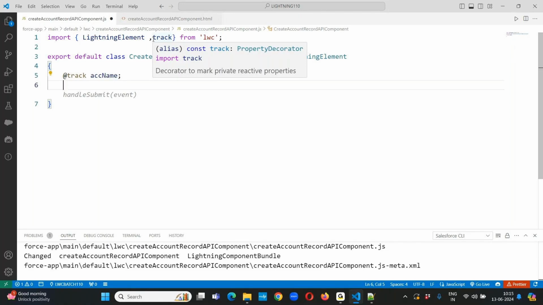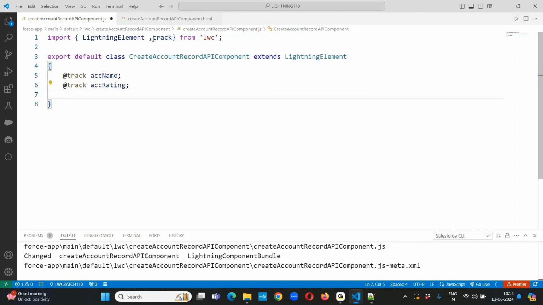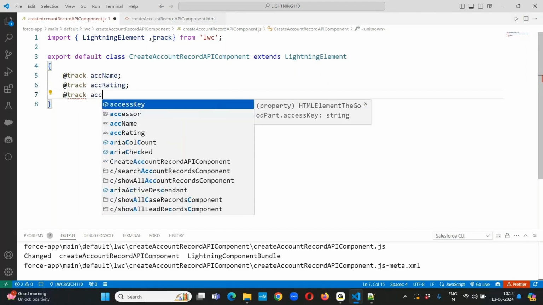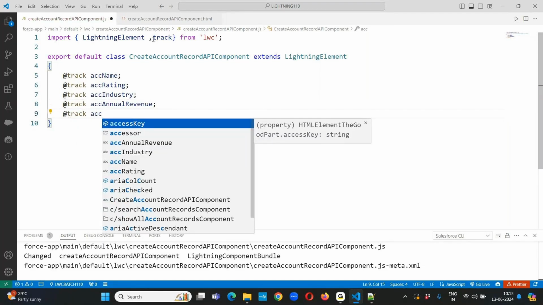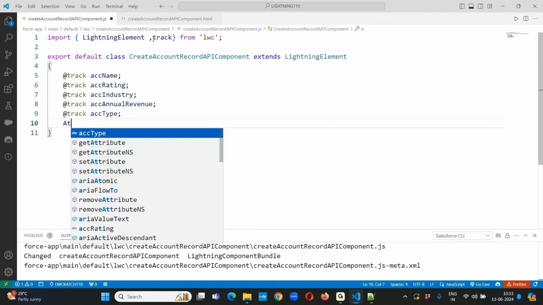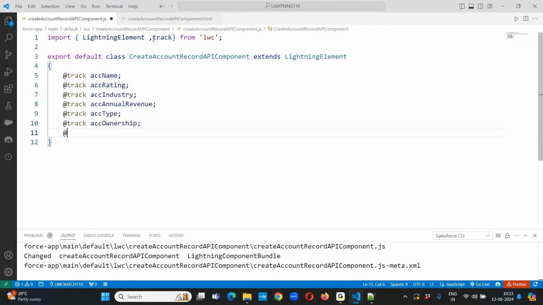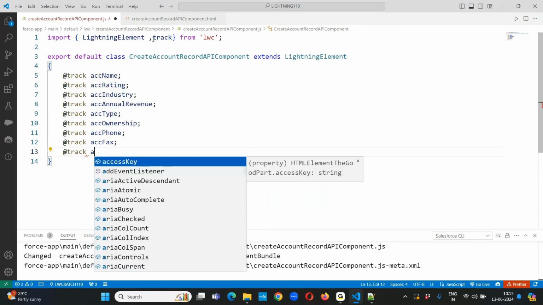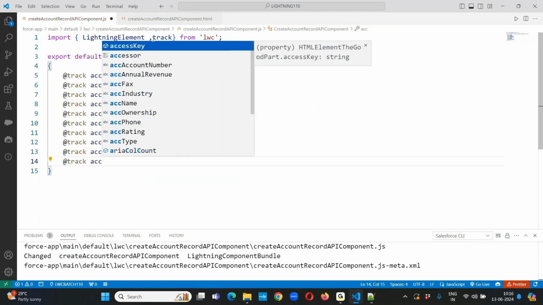Now I'm defining the property ACC rating value, ACC industry, ACC annual revenue, ACC type, ACC ownership, ACC phone, ACC fax, ACC account number, ACC website,